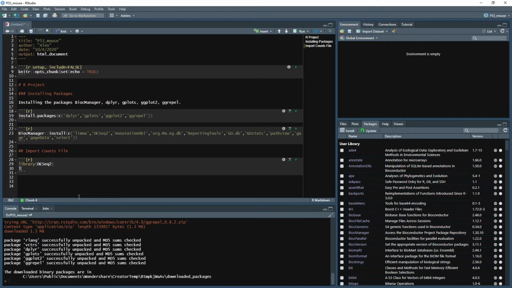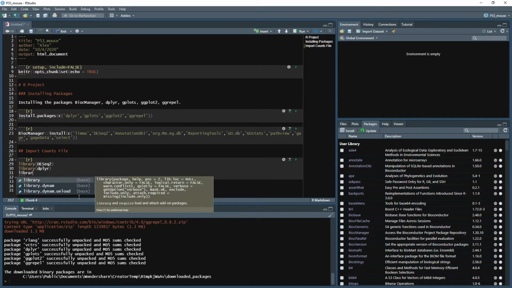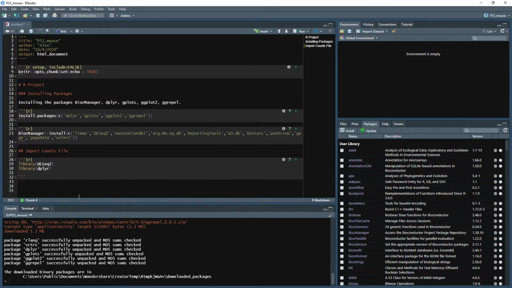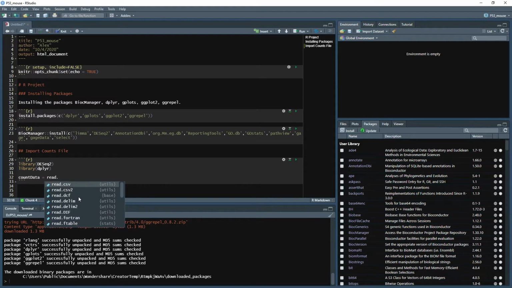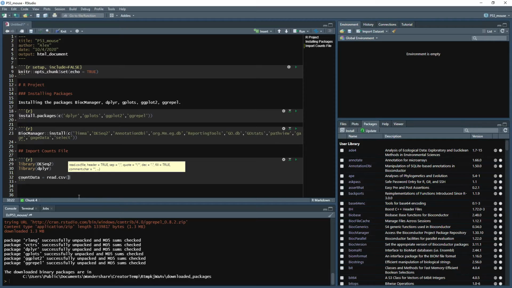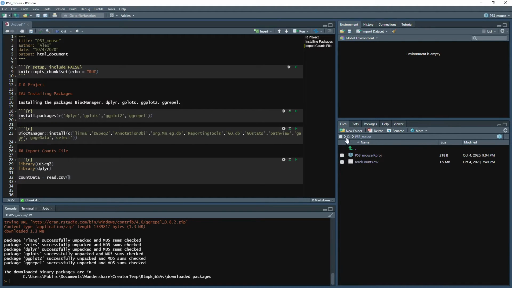We'll also do dplyr, and right now that should be good. We can call counts, we can call count data, read.csv, and that's going to let us pull in the CSV document that was our read counts, and the folder over here on this drive, there's a